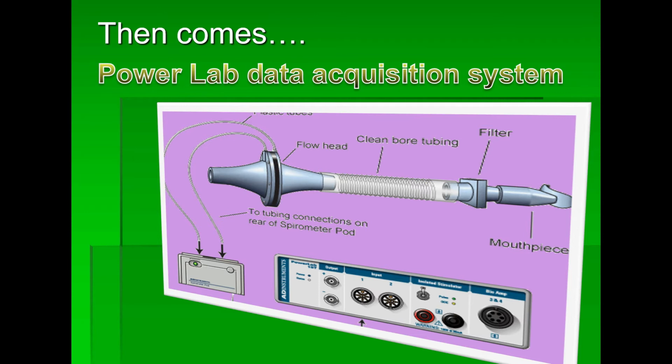For example, in this picture you can see the setup for the experiment of lung volumes and lung capacities. With the help of the setup you can find out the lung function test. So this is a simple equipment, neat and clean. You just have to attach this pneumotachometer along with its other accessories to the Power Lab, and you can record your lung volumes and capacities, and you can analyze and compare them with the normal values.